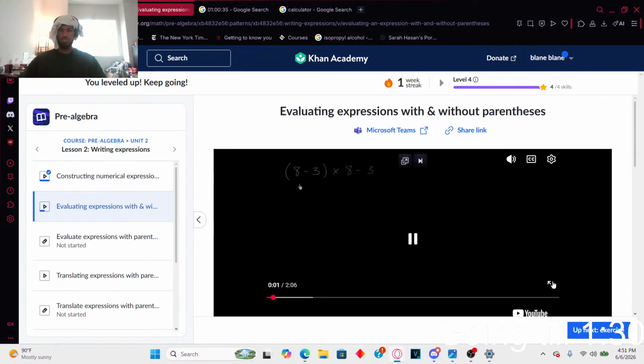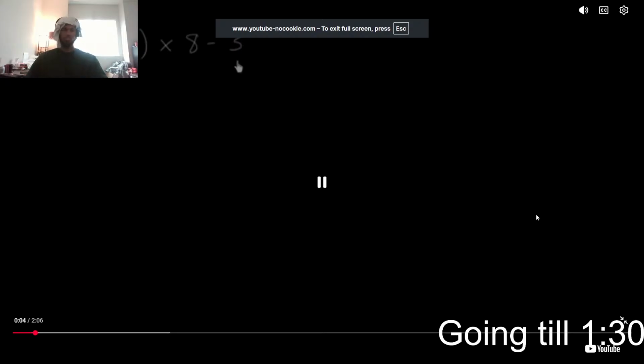What I want to do is think about whether this expression right over here would evaluate the same way whether or not we had parentheses. So to think about that, let's first think about how it would evaluate if we have the parentheses. So if we have the parentheses, we want to do whatever is in the parentheses first. And so here we have 8 minus 3, which is equal to 5. So this simplifies to 5 times